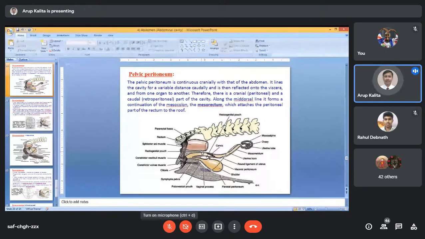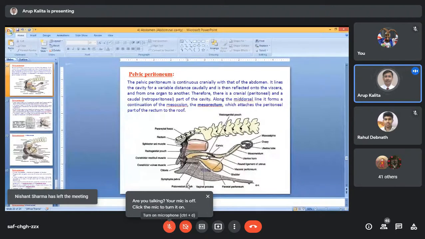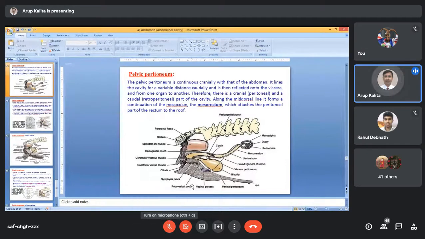Now below the genital organ there is another pouch. Have you seen this pouch? Between the genital organ and the urinary bladder. And that pouch is called vesicogenital pouch. And ventrally, between the urinary bladder and the pubic bone, this is the pubic bone, there is another pouch. That pouch is called pubovesical pouch. So what I am trying to say is, caudally, parietal peritoneum forms different pouches.